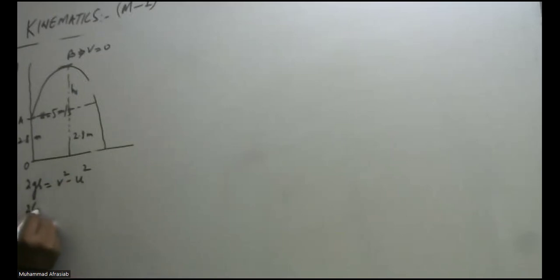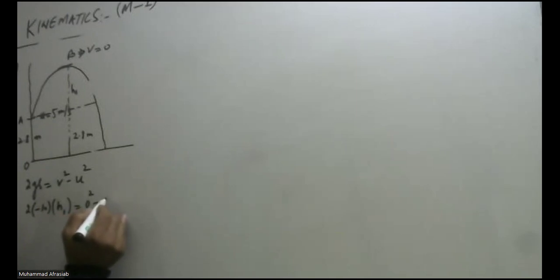So 2 times g, which is minus 10 because it is moving upward, and s is the height h1, equals 0 squared minus 5 squared. So minus 20 h1 is equal to minus 25, minus and minus cancel out. So h1 is equal to 25 over 20,